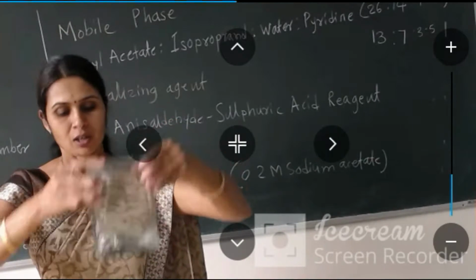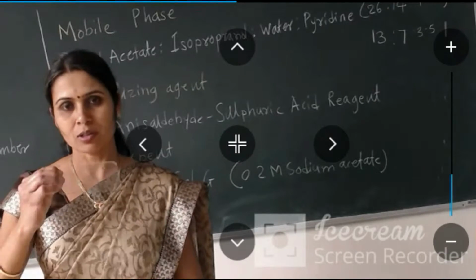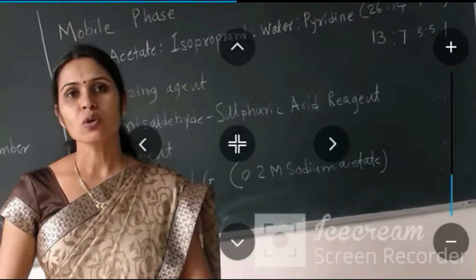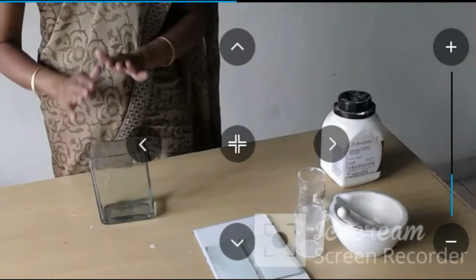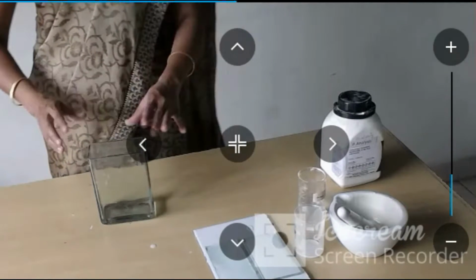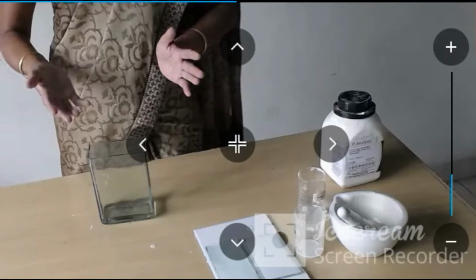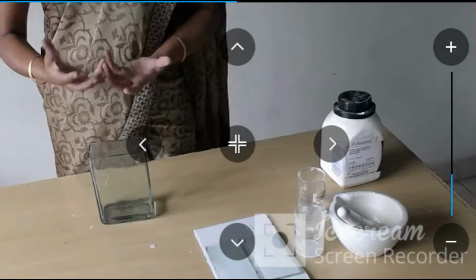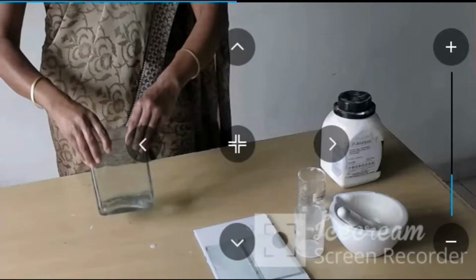As soon as it is added, I will keep a lid onto it. This is a lid, or you can use aluminum foil for closing it. You should keep this chromatographic chamber airtight, so that the vapors of the volatile solvents in the mobile phase occupy the inside of the chamber. That is chamber saturation.